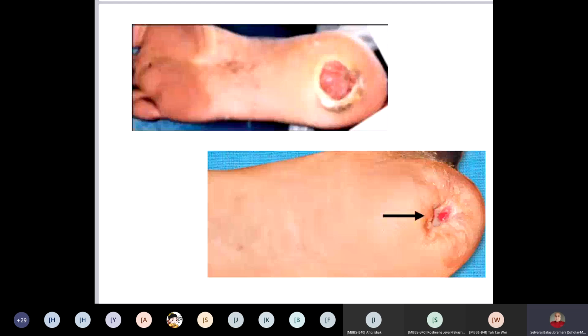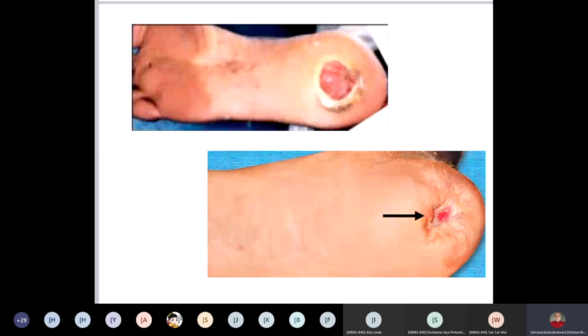Okay. What else can you do? Suppose in spite of controlling the diabetes, it is not healing, you have to take care of macroangiopathy, that is the atherosclerosis. If the patient has any atherosclerosis, you can start giving pentoxifylline or cilostazol. That also you can give. And then the most important thing is peripheral neuropathy. For that, you can give B complex drugs, B1, B2, B6 and B12, for the peripheral neuropathy. This is how you have to treat it.